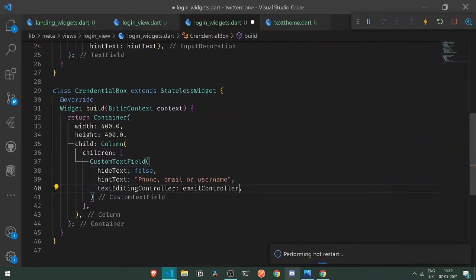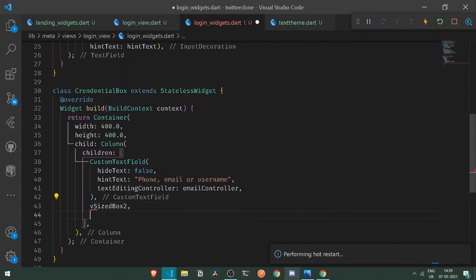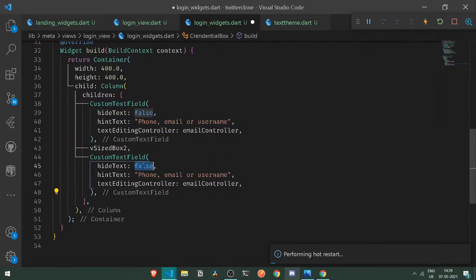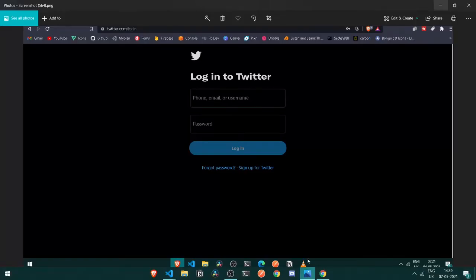for the first glance. So once we have our text field here, we should be requiring some more spacing. So here let's have a spacing of size box of 2, and let's copy our following text field and paste it here. But first of all, under a case of password, we should be having our obscure text to be true. Also, let's have a new password controller here. And once we have done everything from this side, if you observe our image, we should be requiring some spacing between our button and the following text field.